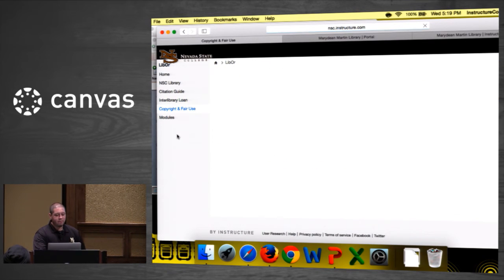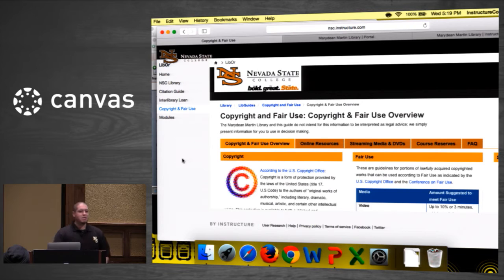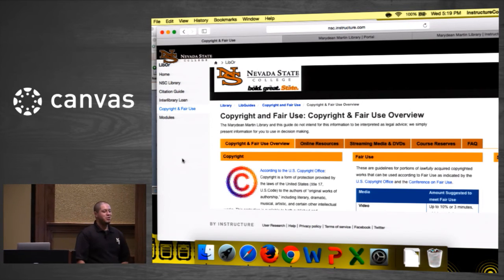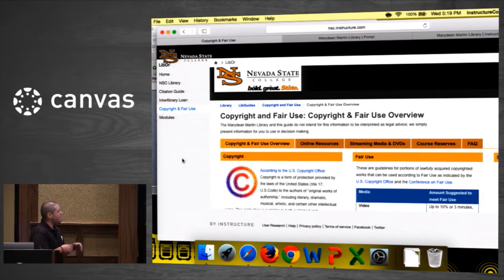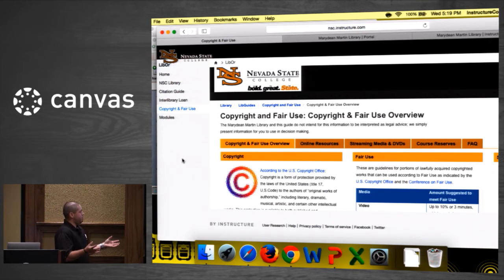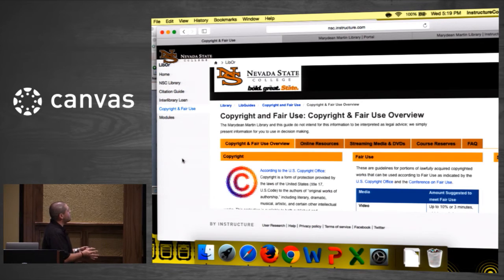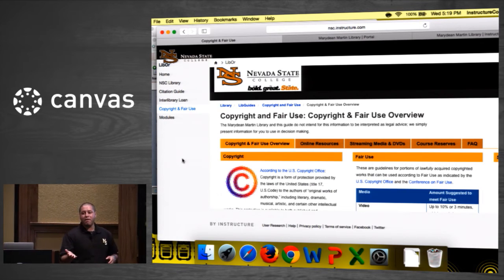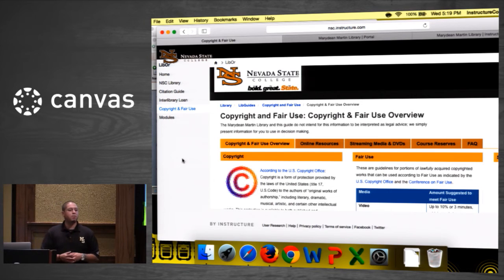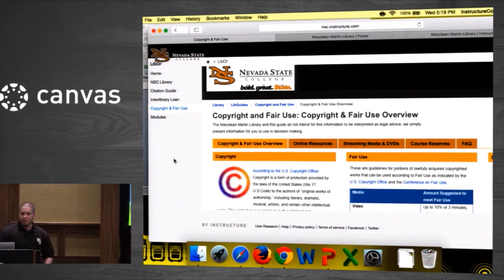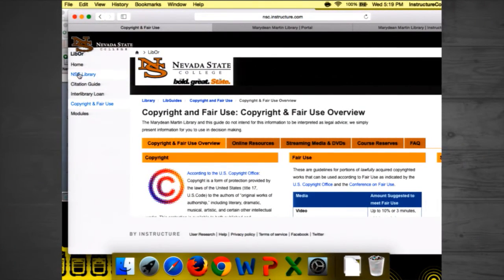And then the copyright and fair use, just us being librarians in terms of making sure the content is fair use and that they can embed content legally into their course content, as well as students when they have questions when they're presenting, whether it's a PowerPoint or in their research paper, whether they can embed certain images or certain clips or streaming media. This is a great area to reference for them.